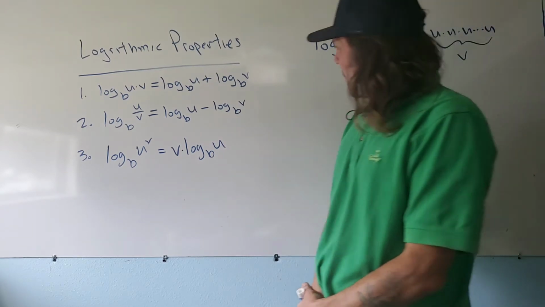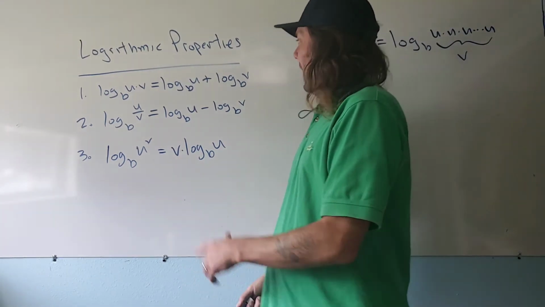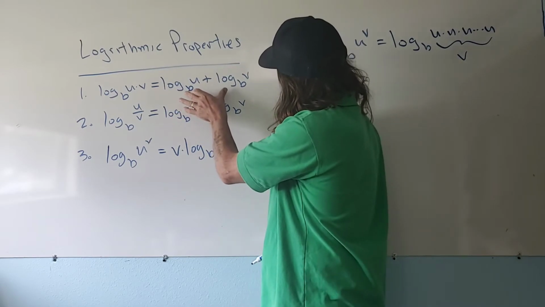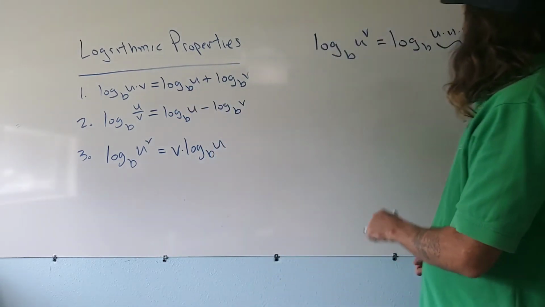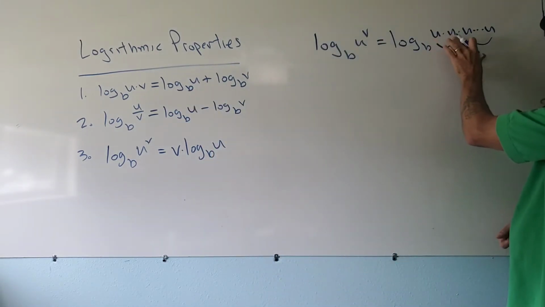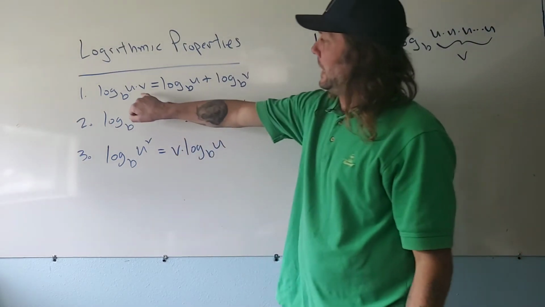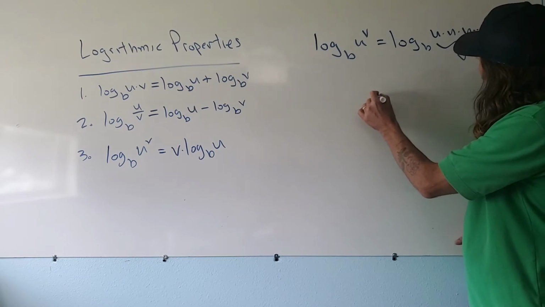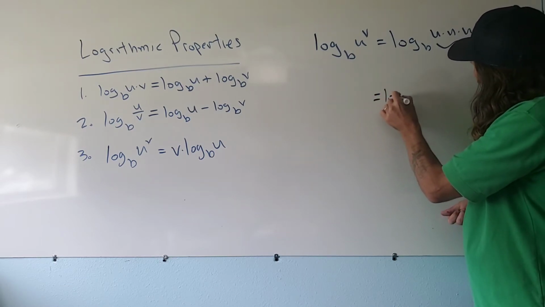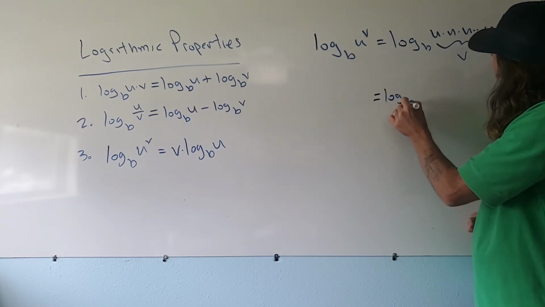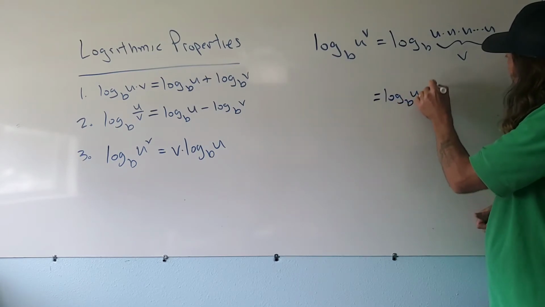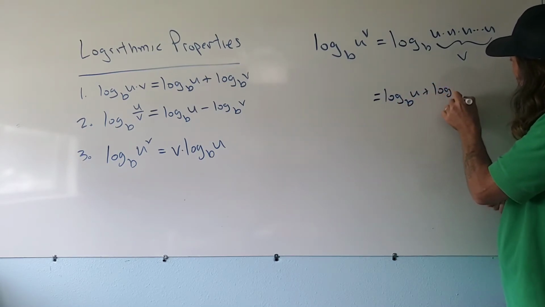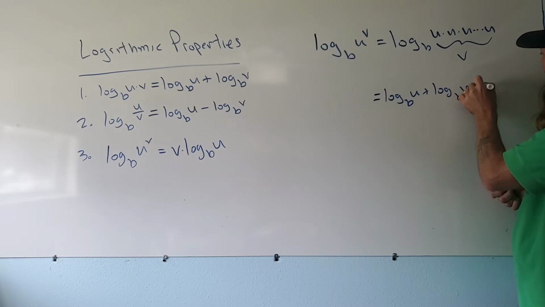And in doing so, every time I multiply, I can add together the logs. So I can actually have this as log base b of u plus log base b of u plus